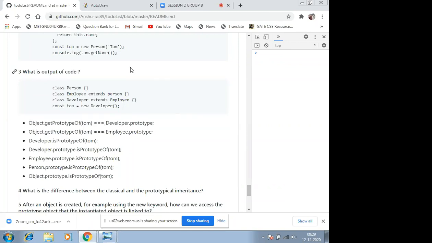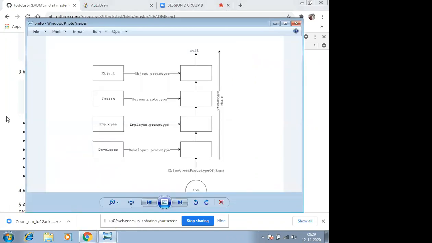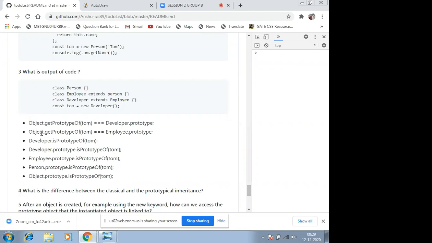So Samvi, if this diagram is clear, and if this particular line of code is clear, what will this line of code print if I try to console log this? We are comparing; this is basically a comparison relational operator. So this will be true or false. So what do you think? Will it be true, or is it equal? Are both the things equal, or are these both things different?